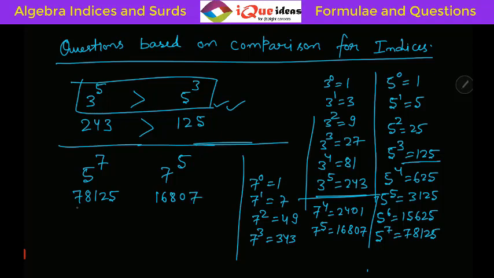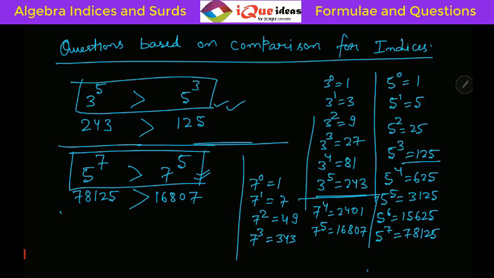You can clearly see that 78,000 is greater than 16,000. So 5 raised to 7 is greater than 7 raised to 5. So this also we could do. What we are doing here is we are using the values, right? But please understand, the 3, 5, 7, these are smaller values. So for them you could actually check the powers, but if the values are larger, then what will you